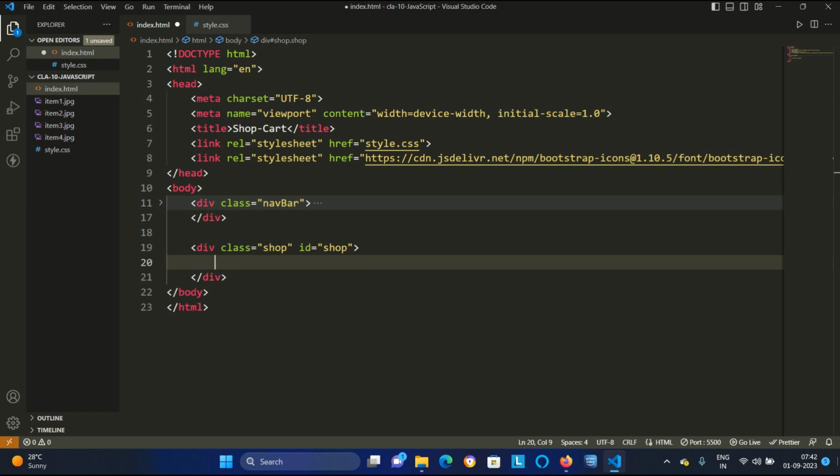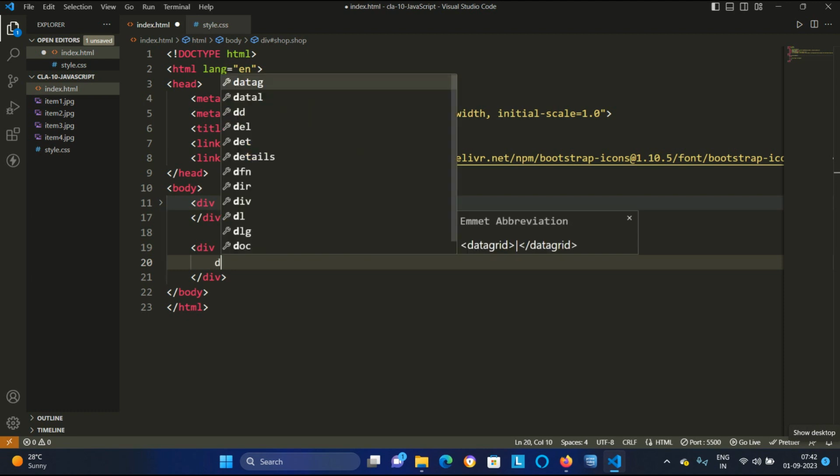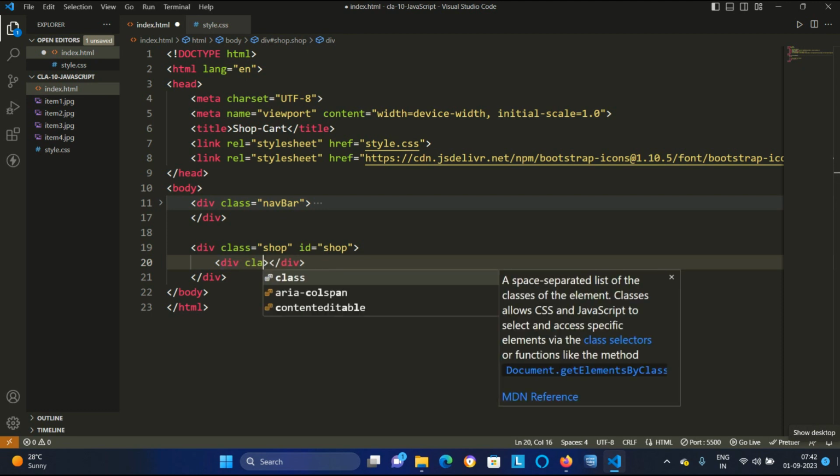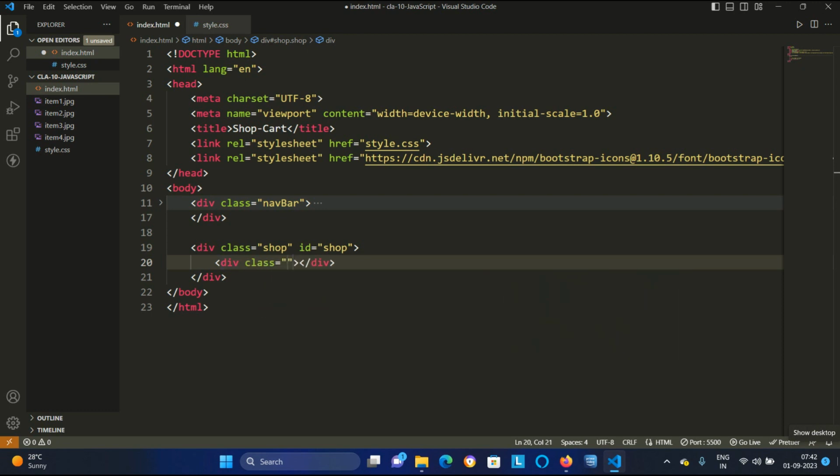So here we will create a div of shop. Inside it we will have our cards. So first of all, I will create one div whose class will be items, or you can say shop items.